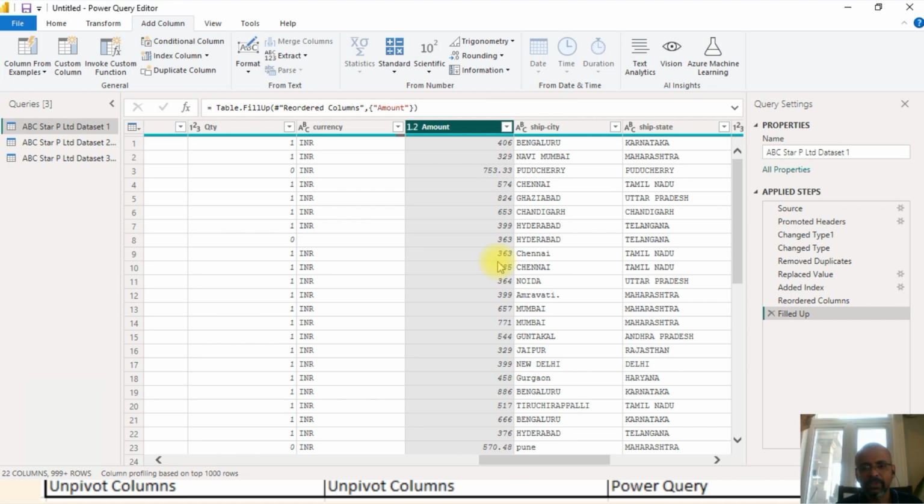Now let's say what is my criteria. I'll tell you before we implement if condition in this database. Let's say I have amount 406 like this. Any amount which is greater than 500, I want to convert that value into 1000. Rest all can remain in the same value. If it is more than 500, I want to make it 1000. Remaining values can be the same number, right? So what we can do here is go to conditional column,